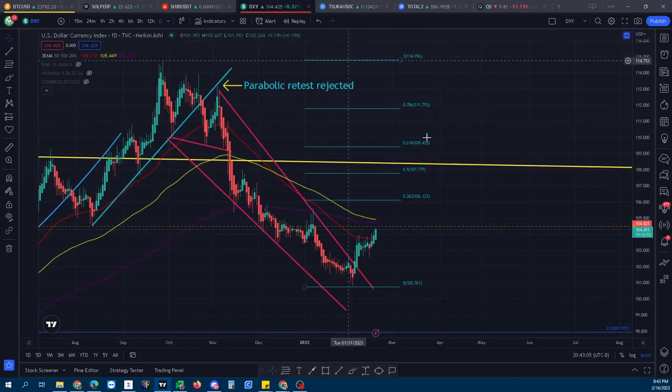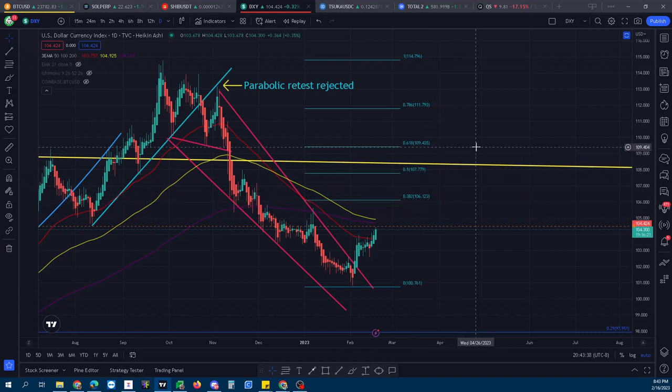I also want to make a comment on the DXY. We're in pink lines. We're in a giant falling wedge. It retraces back to the 38.2% line 70% of the time. High probability that we at least go to 106 and we see some more bleeding out of Bitcoin during that time. We won't see it during the weekend because the DXY USD isn't traded during the weekend. We could see a continuation of it tomorrow for Friday and going into Monday.